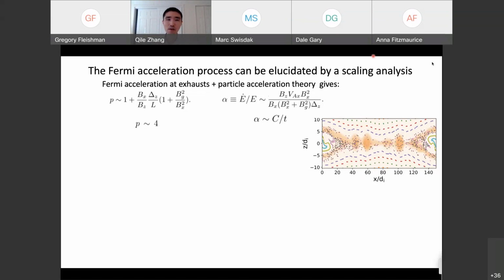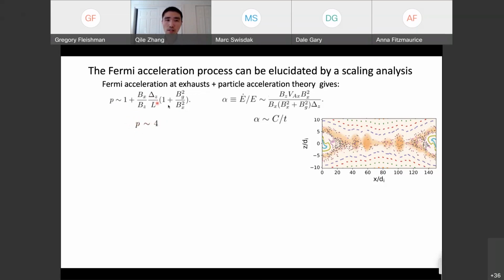Right. So when it starts from Maxwellian, it certainly would get harder as the solution starts. But the scaling with P indicates that as delta Z grows, as the island grows, P should get larger, which suggests the spectra gets softer as delta Z grows. Yeah, so here we only use a typical value to estimate the index. And so we do not take into account the time evolution effects on the power law index